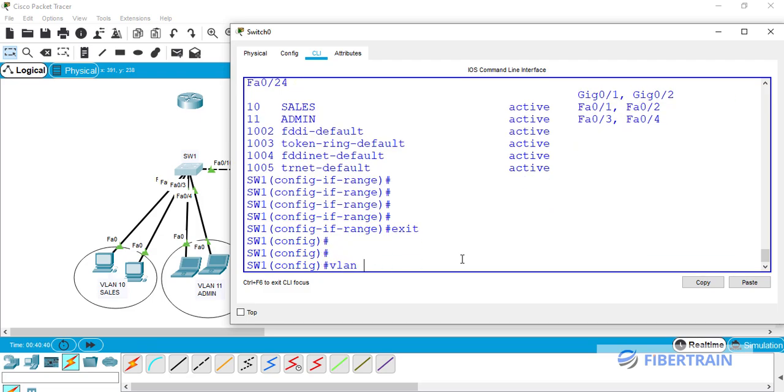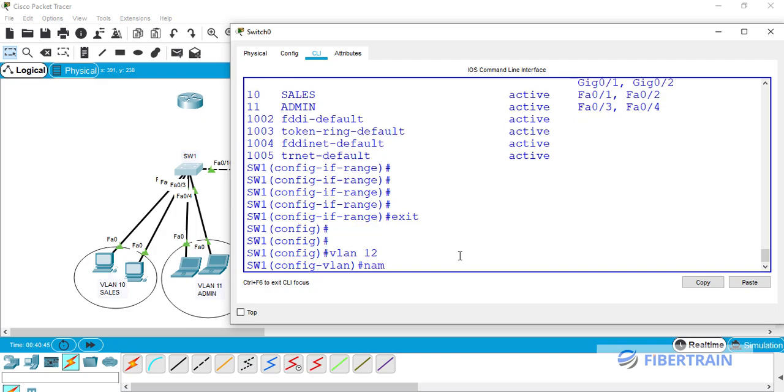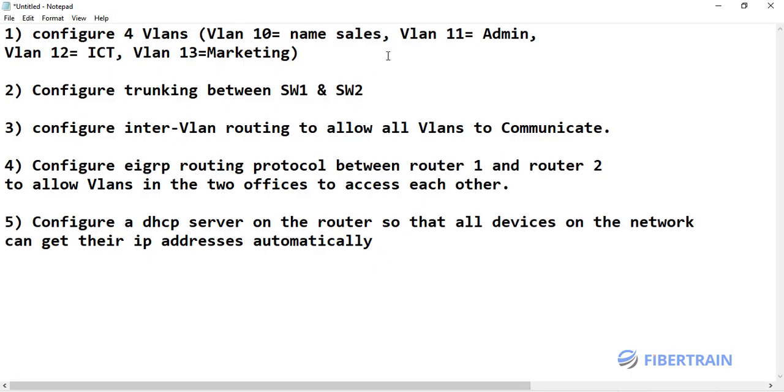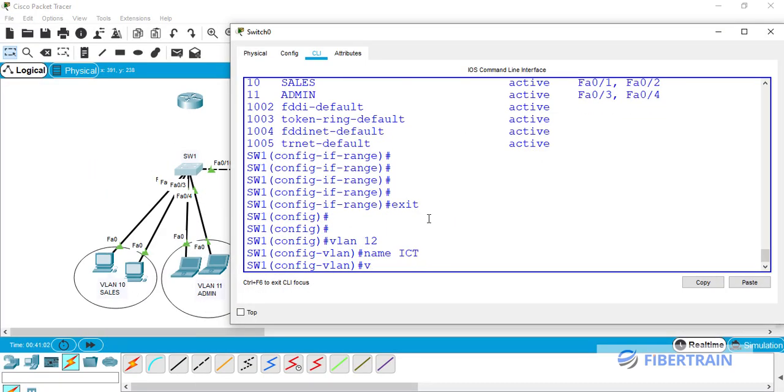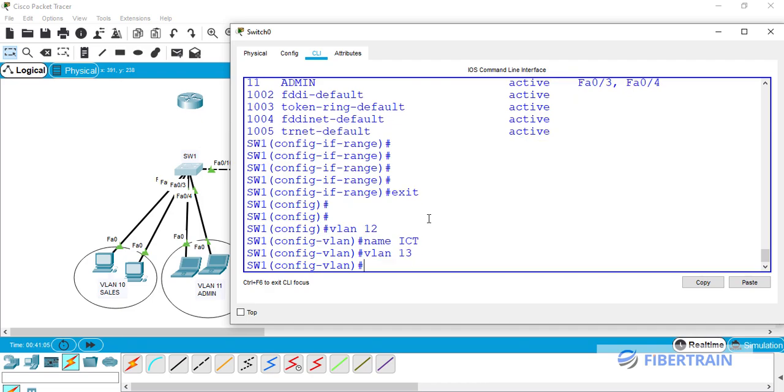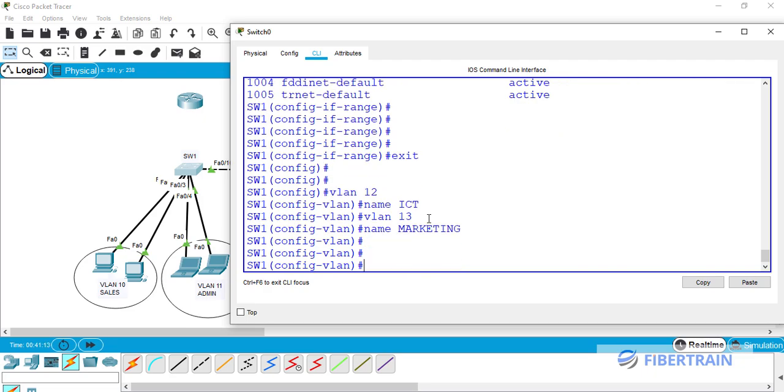So VLAN what? 12. Name of that VLAN. If you look at the task, VLAN 12 is ICT while VLAN 13 is marketing. So VLAN 12 name will be ICT and VLAN 13 name will be marketing. All right, so we just created all the VLANs here in this switch one,